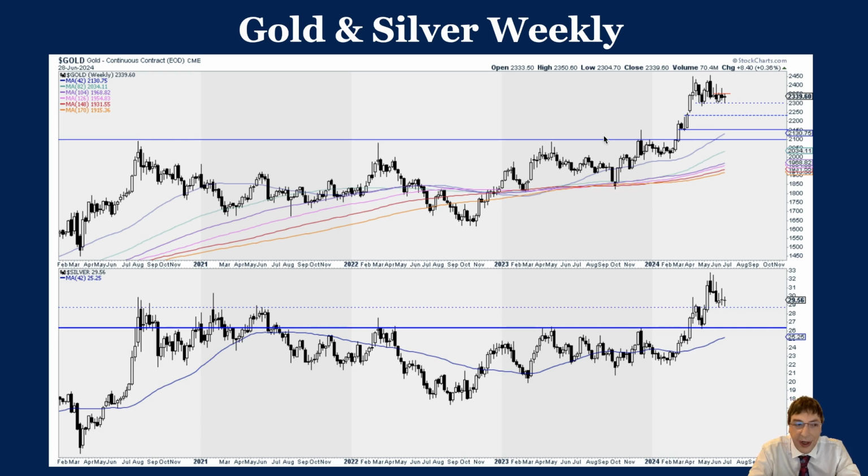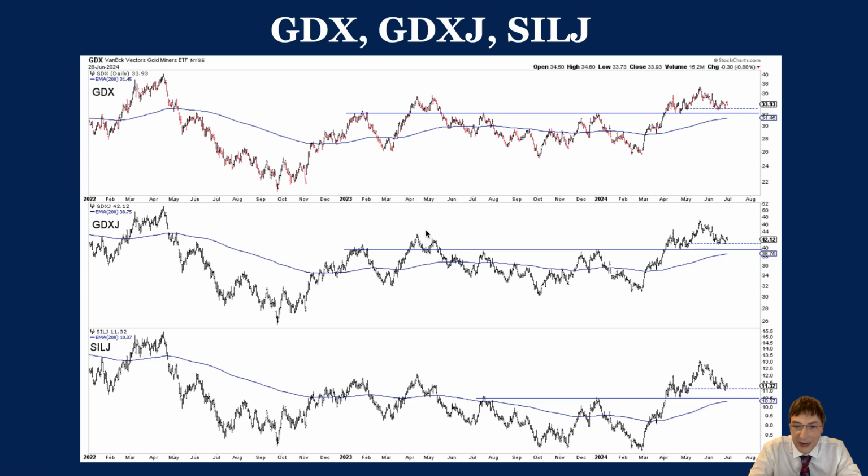So that's where we are for gold and silver in the short term. Still kind of neutral. It's not telling us yet which way it's going to go. Let's finish up here with the miners. GDX, GDXJ, SILJ, 200-day exponential moving average. So you can see for all these miners, the first support level, it bounced. Now we got a second bounce this week, and it's the same thing with gold.